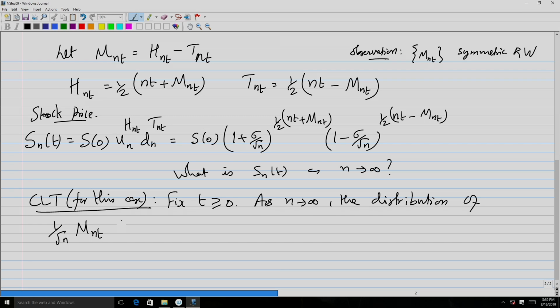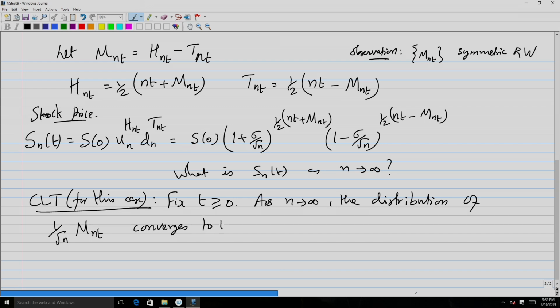That is what you are looking at. So, this is called the scaled symmetric random walk in this particular case. So, the distribution of this scaled symmetric random walk